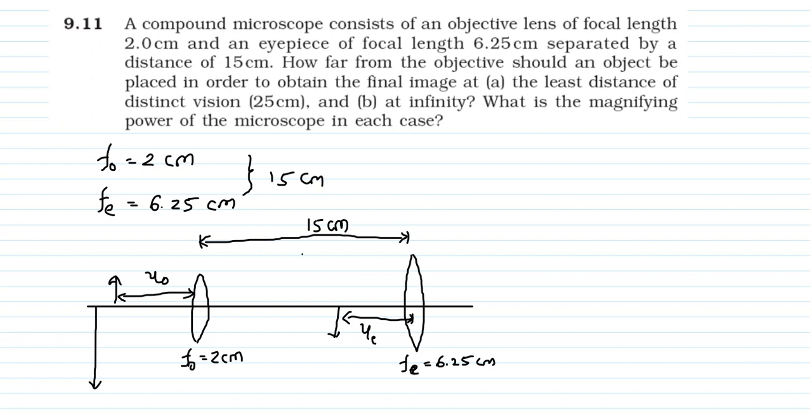So here you can say final image, that is the distance of eyepiece, that is D, that is equal to 25 सेंटीमीटर। यहाँ पर हम सॉल्व कर रहे हैं केस नंबर ए, राइट। सो इट इज़ अ सिचुएशन।